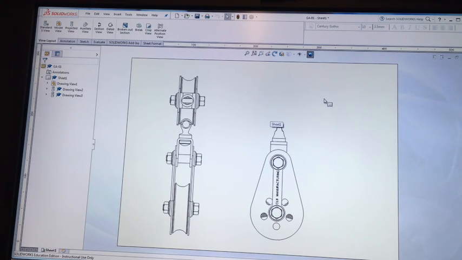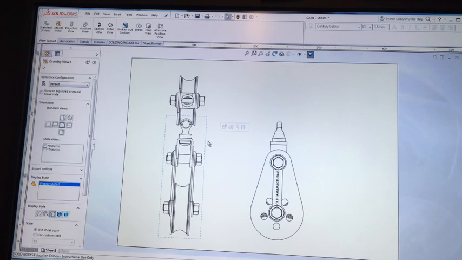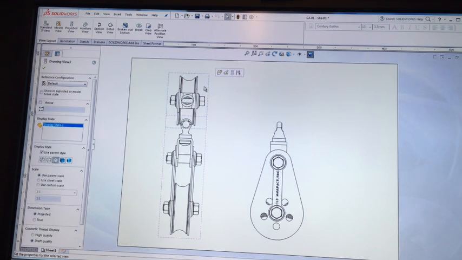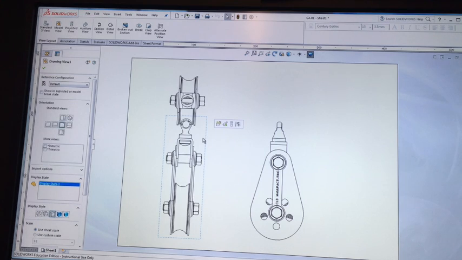Okay. So when you create a standard 3 view, it's got a front view, a side view, and a top view. Now that front view is based on your assembly. So if you're in your assembly and you're looking at the front view, that's exactly what you see here. So if yours looks like it's a different angle, it might be a different angle in the assembly, right? That's okay. One of the things that you can do, let's say you had yours facing sideways instead of facing the front,